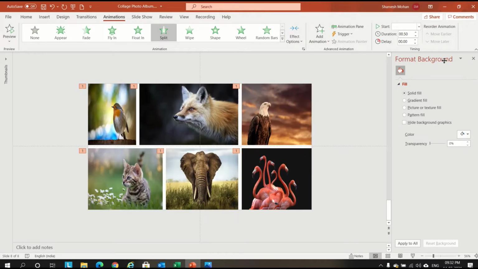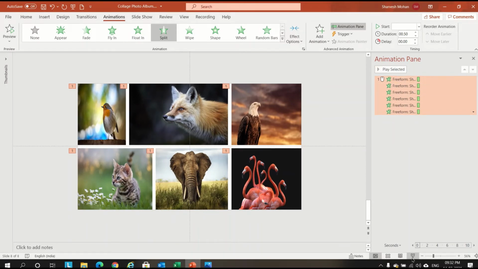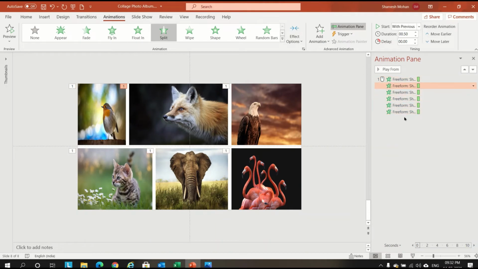Now you can look here. I'm opening the Animation Pane. So all will open like this. We'll select all the shapes and give After Previous. If required, we can change each box and give a different animation.